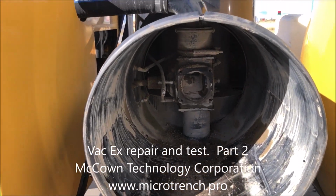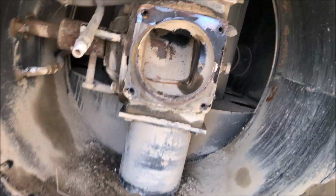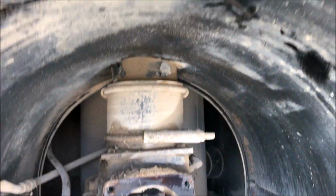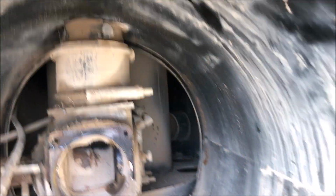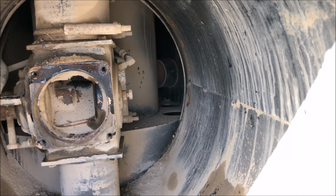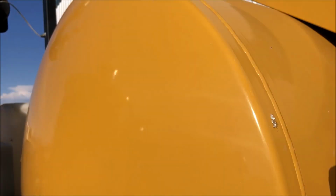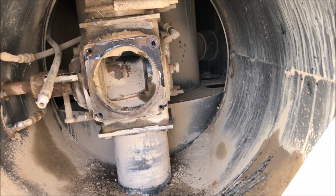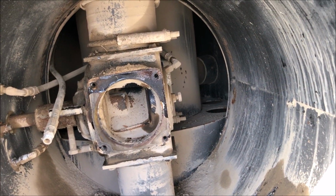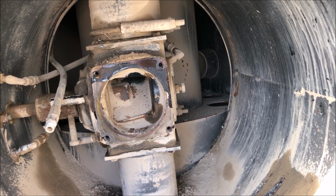All right, folks, this is chapter 2 of this vacuum X repair. This has got some parts removed so you can see what's going on in here. This thing was clear full of muddy dirt. So this obviously had been run until that tank was more than full, and then it filled this whole chamber up with muddy dirt, and it got high enough that it got sucked into the